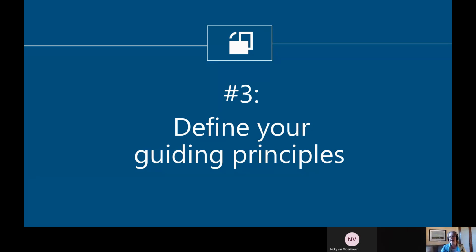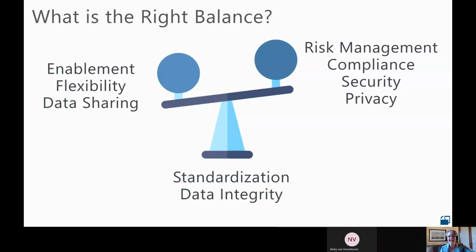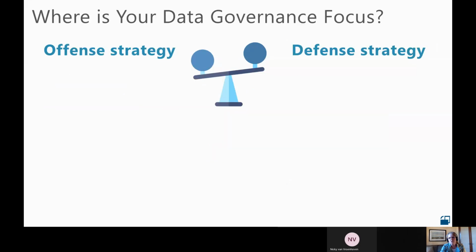All right, so this one and the next one very much go together. So let me start with this kind of high level idea of a guiding principle. And before we get into that, though, let's talk a little bit about this fundamental pull between conflicting priorities and conflicting opinions, right? We all know those are always present, and there's always going to be conflict to a certain degree between how much we can share data and how much we need to secure it and so forth. So that's natural. We cannot avoid it.